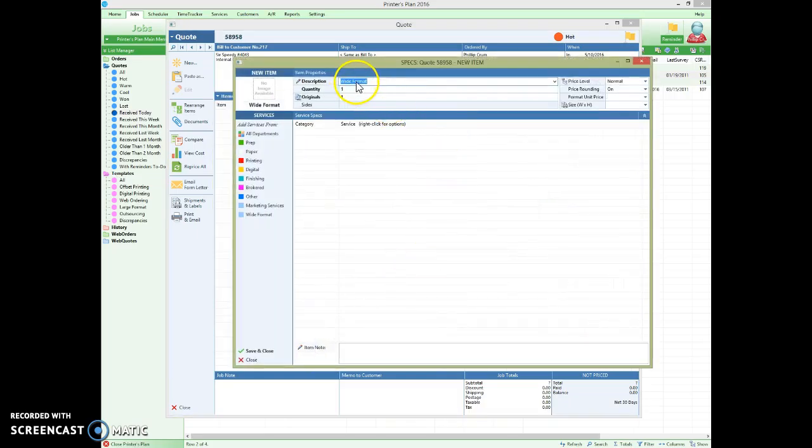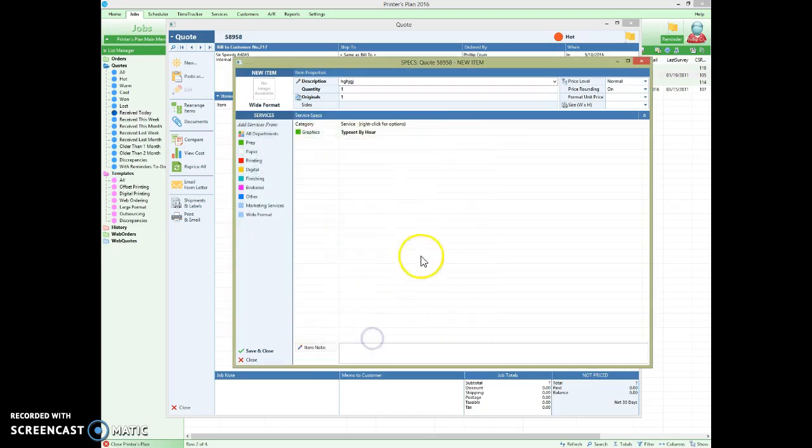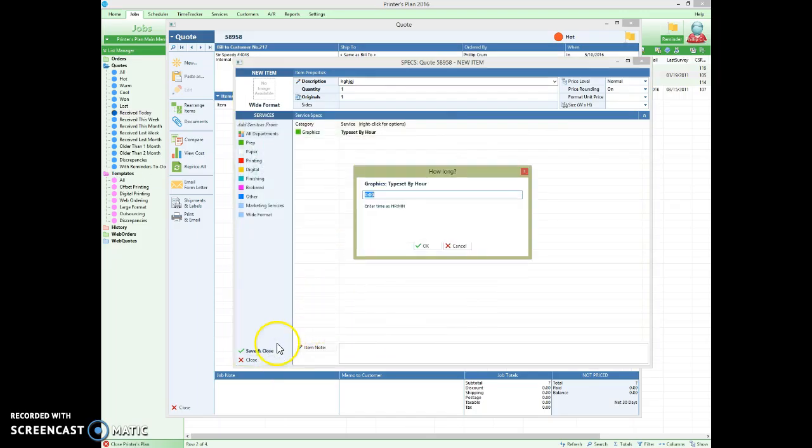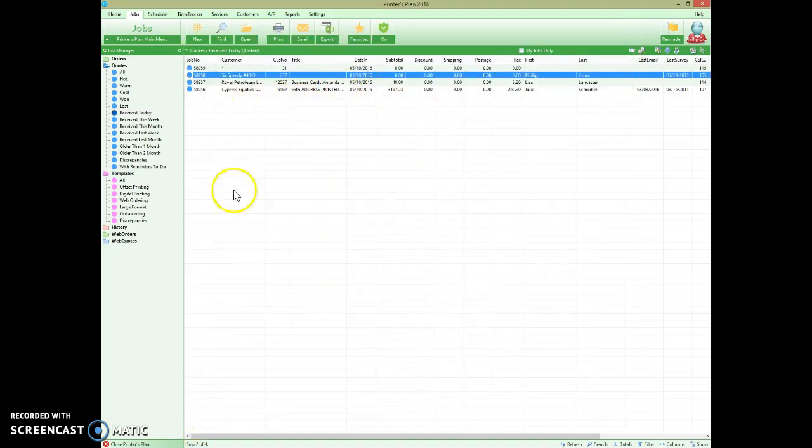Okay. And I'll type something else in there and I'll pick prep, graphics, typeset, and so on. Save, it'll ask me 1 hour, and there we go. Now, this is a graphics item, but I wrote it up under the wide format category in the very beginning, if you recall. So that is why